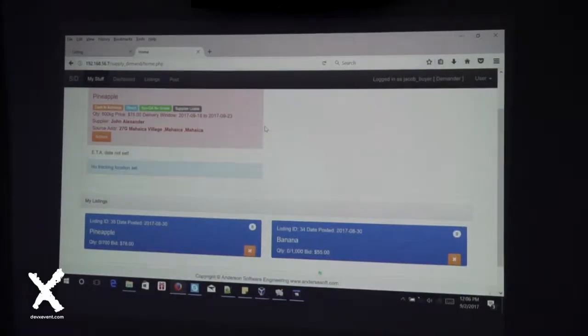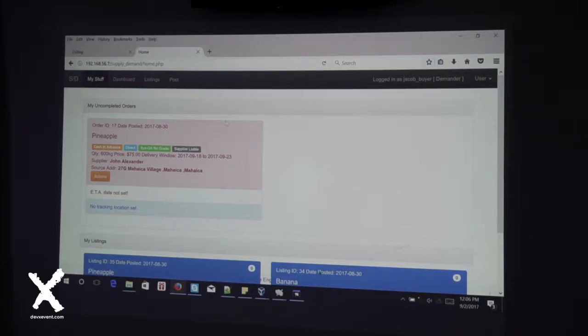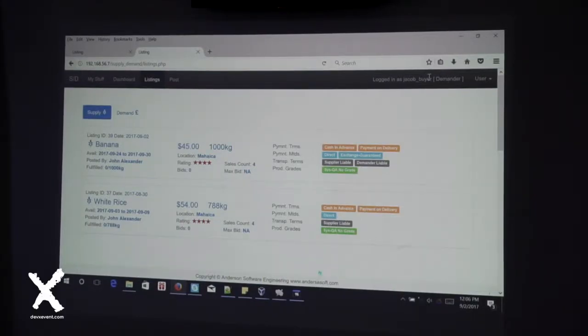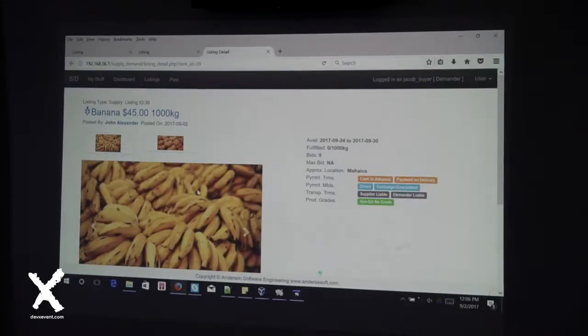Okay. As you can see right now, I'm logged in. I have one order, 17 for pineapple. I'm logged in now as a buyer, Jacob. So I'm going to go check out this banana that was just posted by John Alexander.